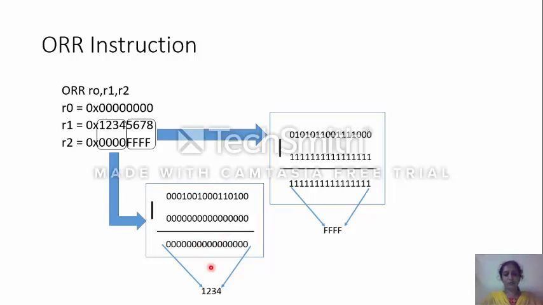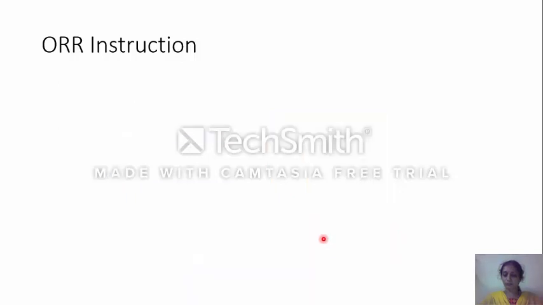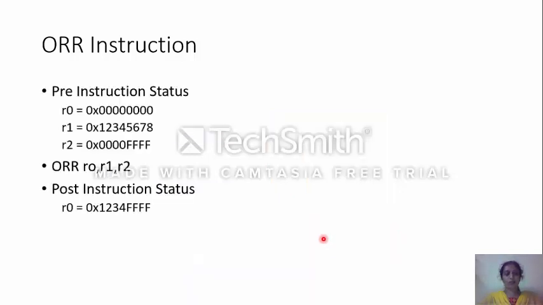Okay, there is one mistake, so you have to convert and change it. This is not 0 0 0, it is 1 2 3 4. So you are getting the answer as 1 2 3 4 FF 4 times. So the upper 4 digits, 1 2 3 4, are not masked, whereas the lower 4 digits are masked here. Okay. So in this way ORR is again used for masking operation. Only thing is it is converting the number into FF, whereas in case of AND instruction it is converted into 0 0.